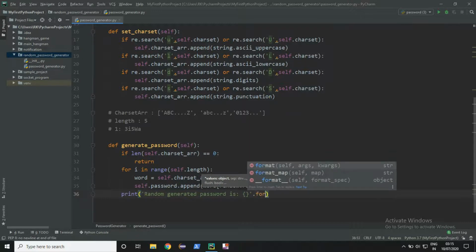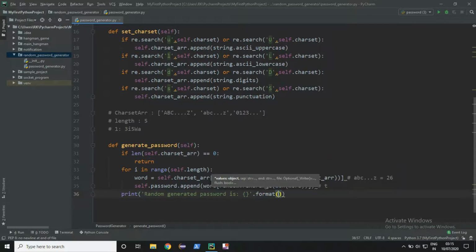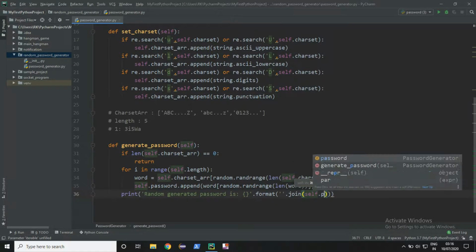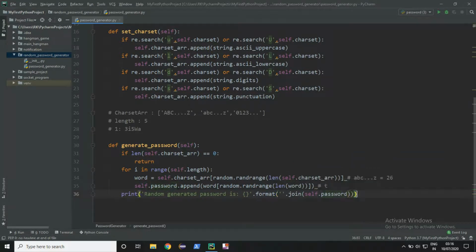Here I am going to format this with an empty string join. What this is going to do is join all the characters we got in the password variable.